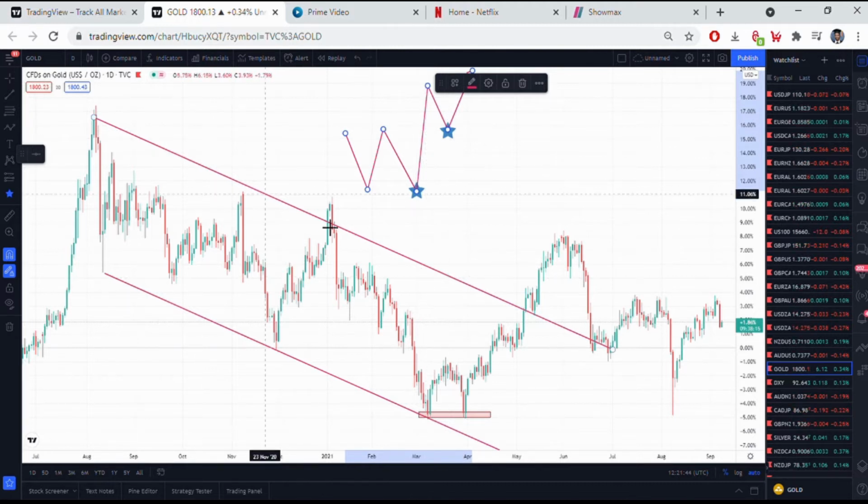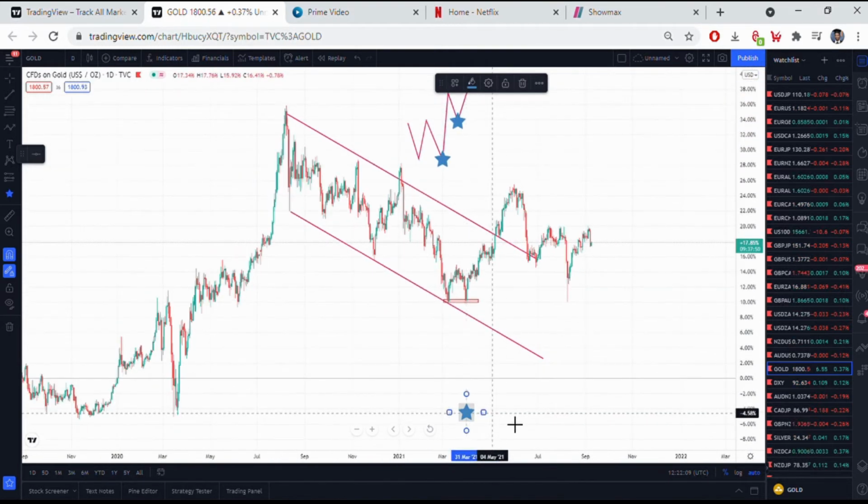The reason why is because this level was respected before, and I bet if you go down here we'll find a rejection candle. If we change the time frame probably to 4 hour or to weekly, we'll find a rejection candle that shows that this level here was rejected. You can use several things such as indicators, candles, to actually understand why that level was respected. You can even use the previous price action.